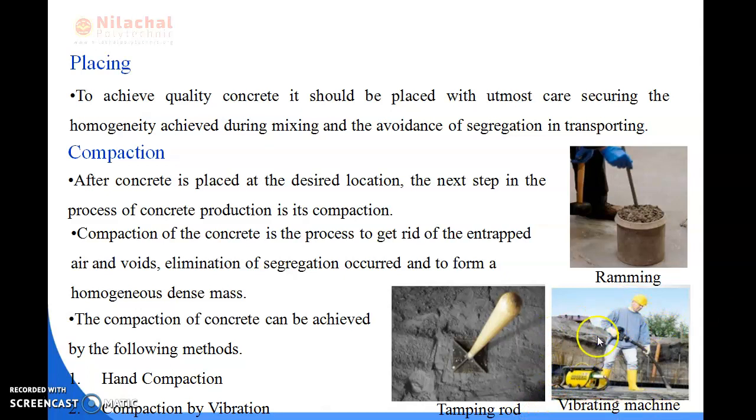Okay, these are the vibrating machine pictures, and here the man is vibrating the concrete. We can say that compaction is mainly done by a vibrating machine, and it is possible by means of vibrators. It also makes it possible to use a stiff concrete mix, and the quality of the concrete in compaction by vibration can be improved by the use of vibrators, as less water will be